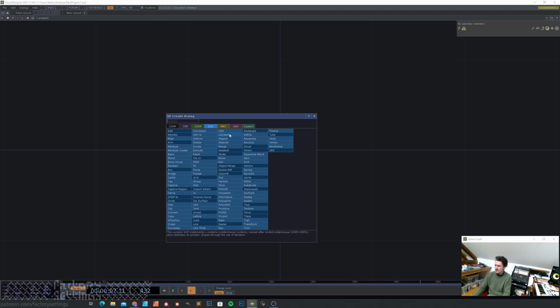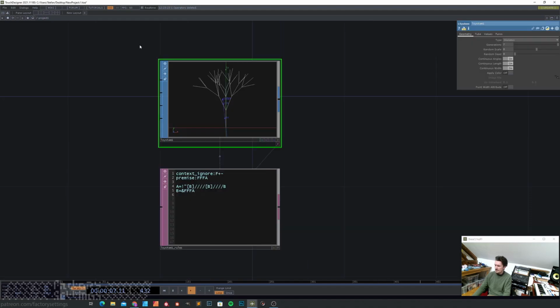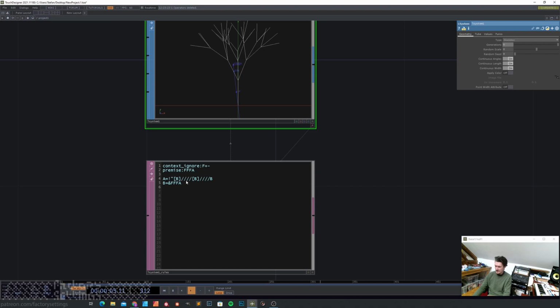We'll start off with an L-System. An L-System is basically a system where you can define rules for how a certain progression needs to evolve. So as you're going through these generations, you're basically repeating this sequence over and over again. So this / is, for instance, rotating clockwise, I guess. You can just go to the help menu